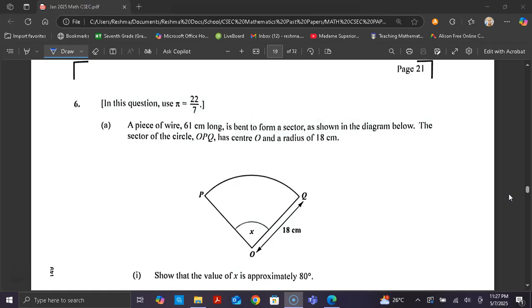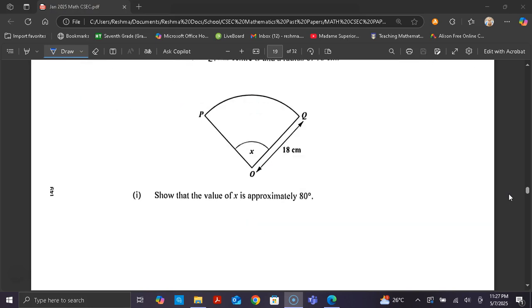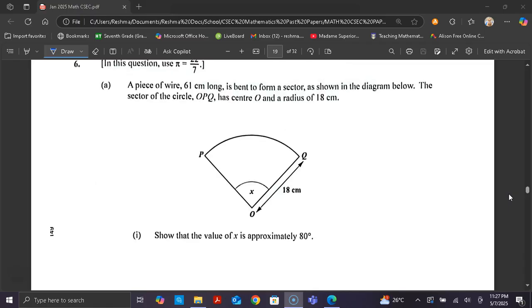So part A: a piece of wire 61 centimeters long is bent to form a sector as shown in the diagram below. The sector of the circle OPQ has center O and a radius of 18 centimeters. We have to show that the value of x is approximately 80 degrees, and this is worth 3 marks. So I'm just going to underline